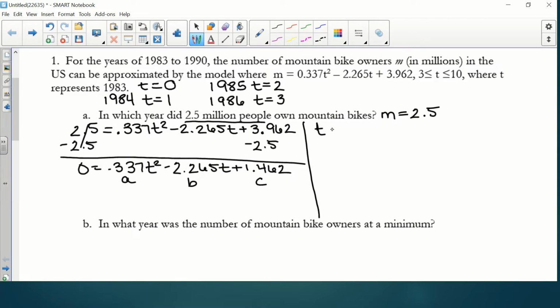So in the quadratic formula, I'm going to put t equals instead of x equals, since we are representing t as our independent variable. Our negative b, so I'm going to go ahead and just write a positive 2.265 here, plus or minus the square root of b squared. So I'm actually going to do some calculations ahead of time just for the sake of space here on my board. So b squared, I'm going to round a little here. I'm going to take it out to about 5 decimal places because that should still give me a pretty accurate answer. So I'm going to say b squared is going to be